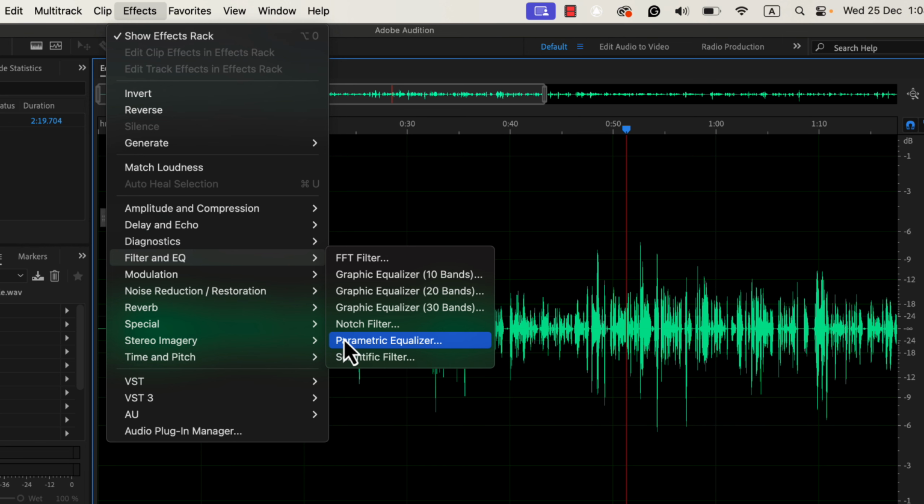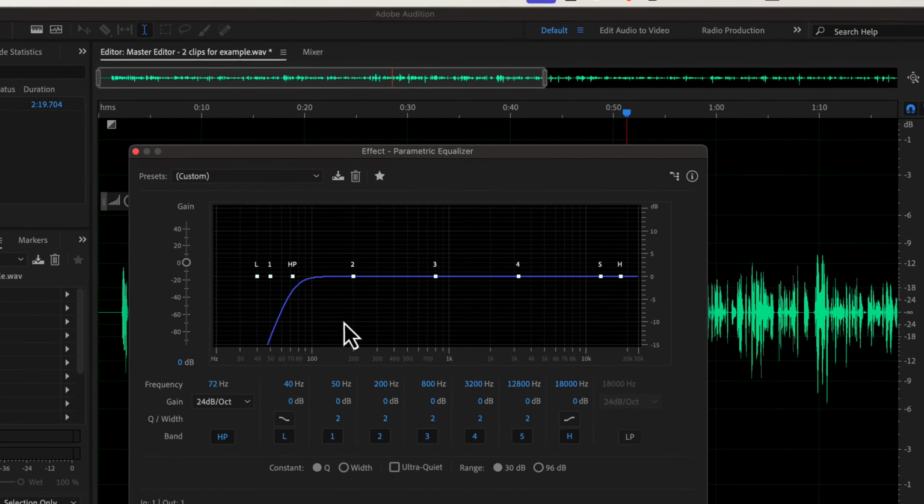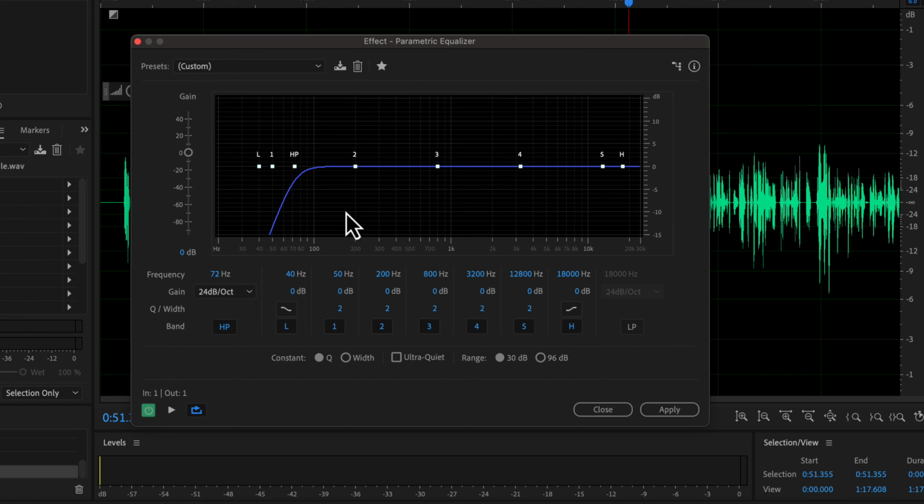For this recording, I will use the parametric equalizer and apply a high-pass filter. A high-pass filter is used to remove low-frequency sounds, like rumbling, that are not part of the main audio. Before applying the filter, I will listen to the recording again to ensure this EQ setting does not negatively affect